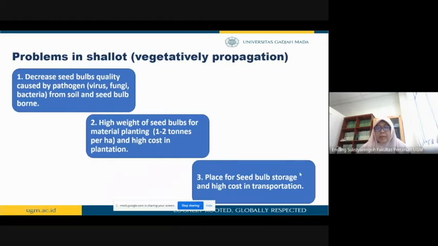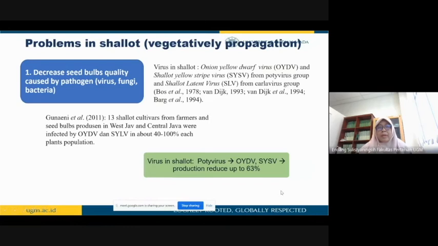And because some farmers cannot make their own seed bulbs, they have to buy from other growers or farmers. So this makes high cost in transportation. So I will explain one side of the problem in shallot production,